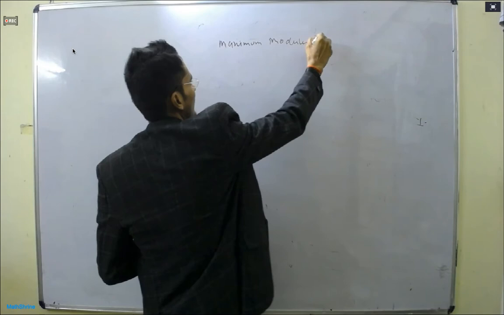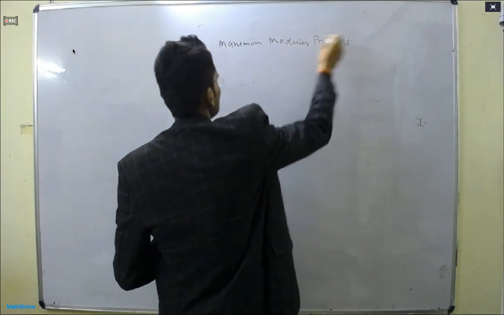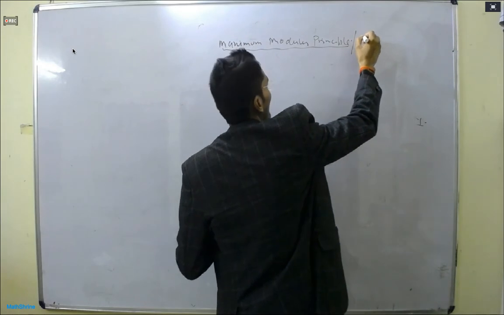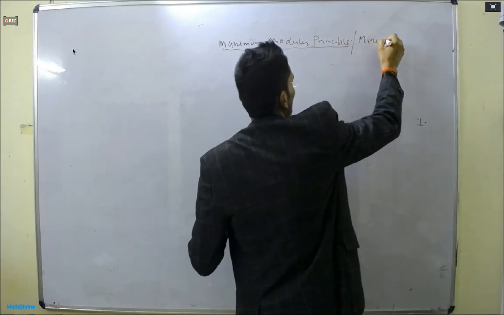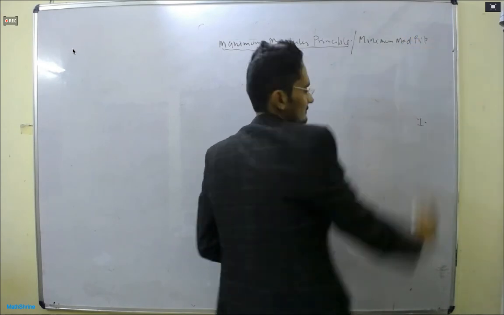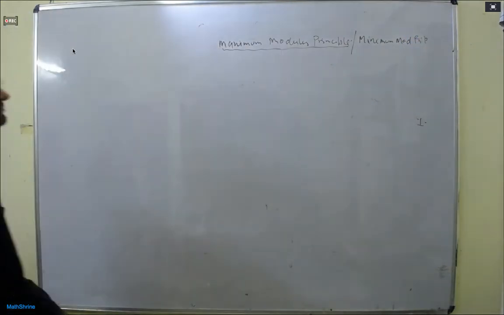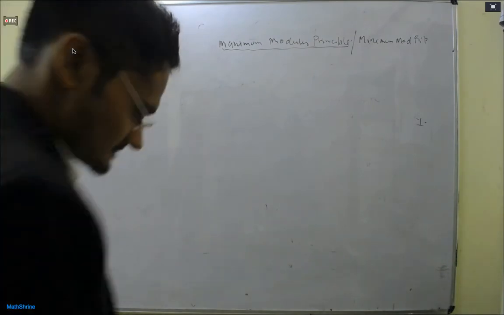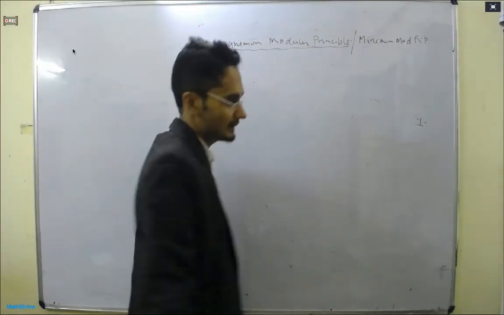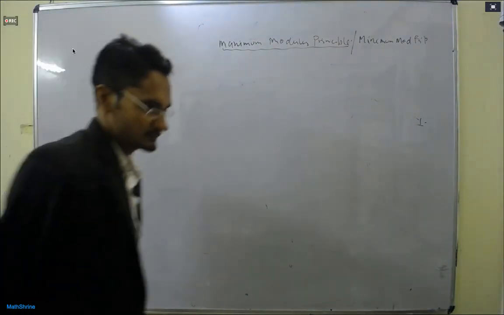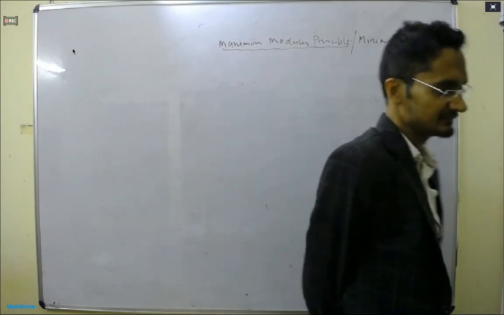Anyway, in complex analysis, you cannot say one number is greater than another. 2 plus iota, you cannot say it is greater than 2. Or 2 is greater than iota, we cannot say. Then here, the maximum and minimum are related to their modulus. That's why we use that term modulus here. You cannot say f(z) is greater than g(z), but we can say the absolute value of f(z) is greater than the absolute value of g(z).